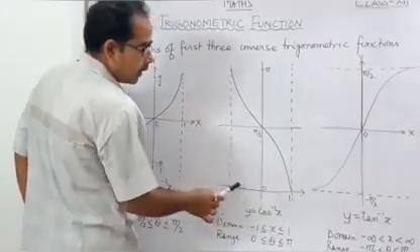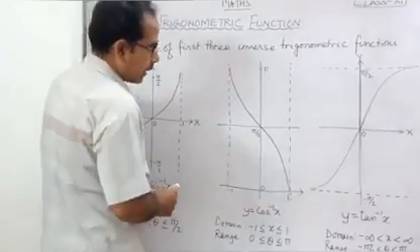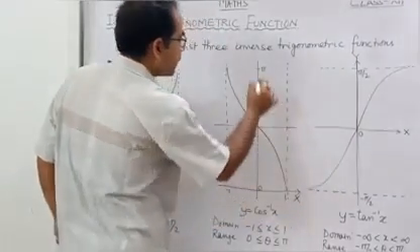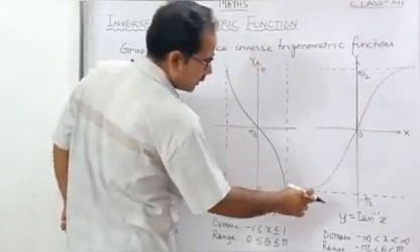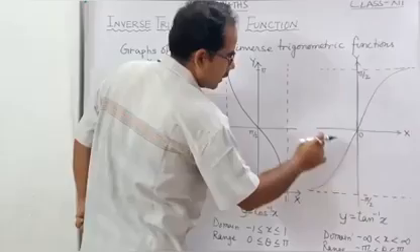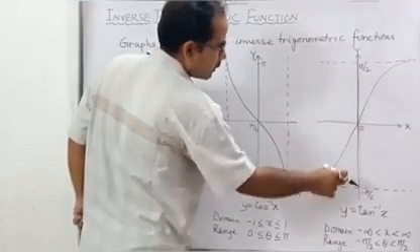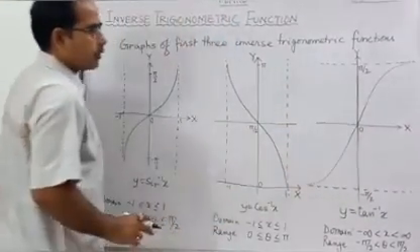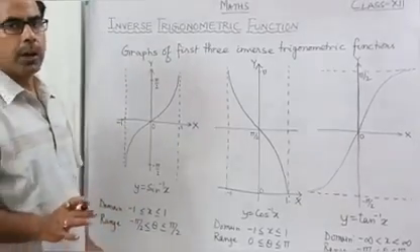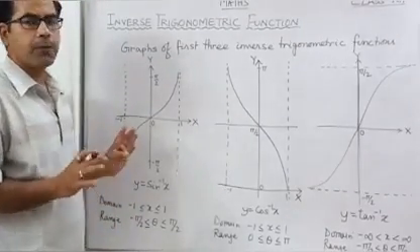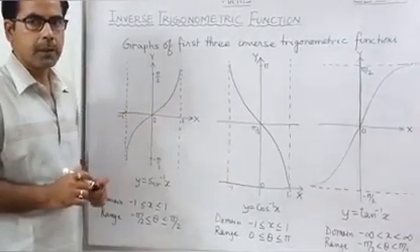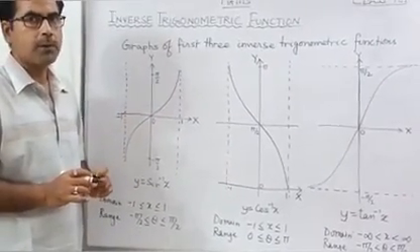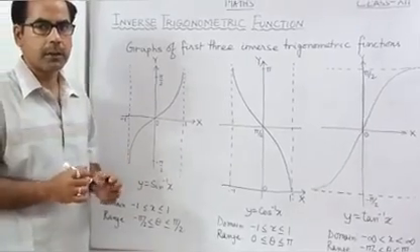This is the x axis, and this is the y axis. And similarly for y equal to tan inverse x, this is the x axis, this is the y axis. The curve will be like this way. So though we do not have to remember too much, just for our conceptions, we have to remember these three curves. Now I will deal some maths over this inverse trigonometric function.